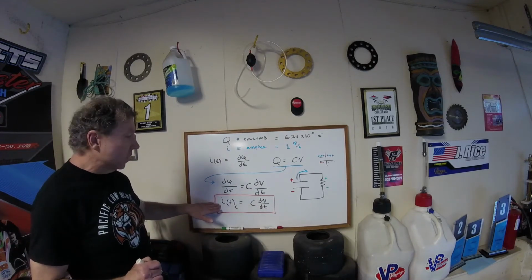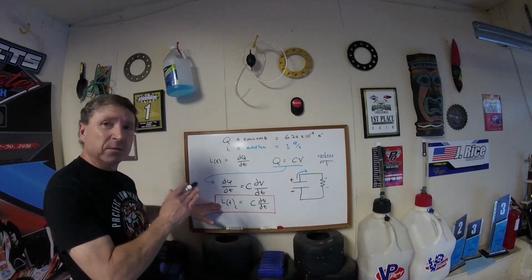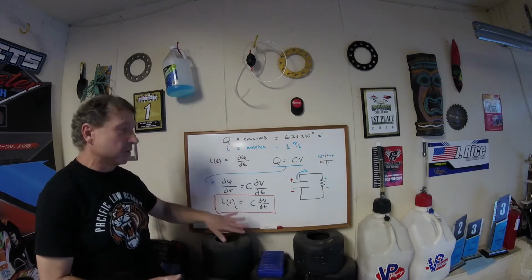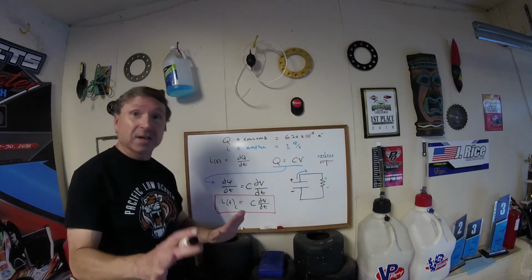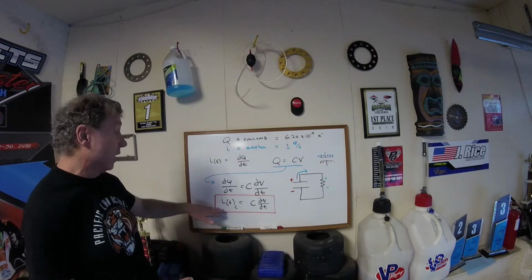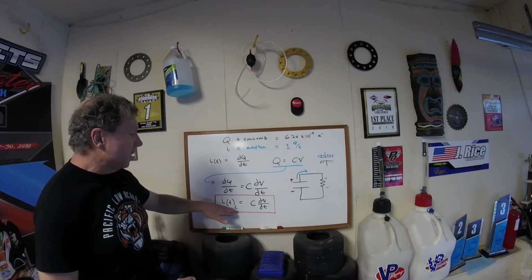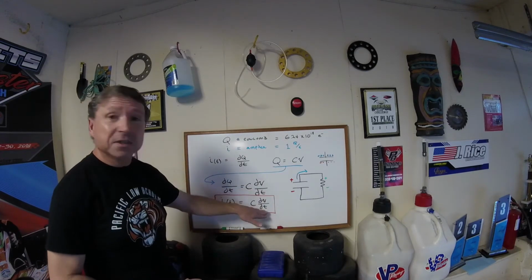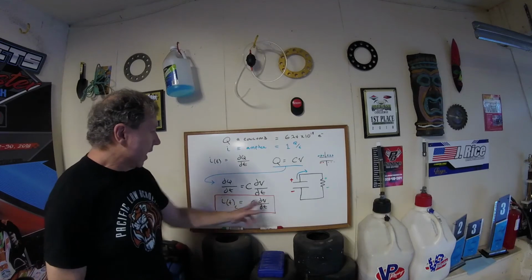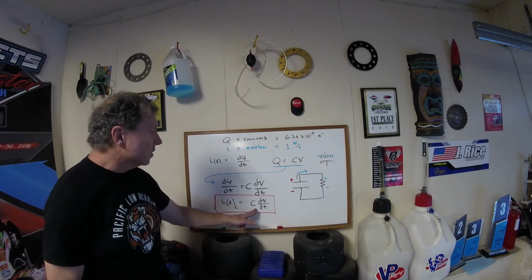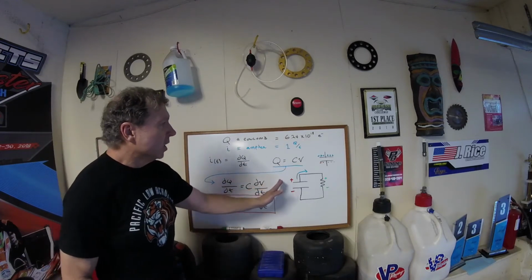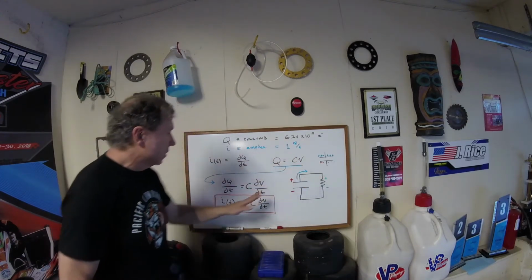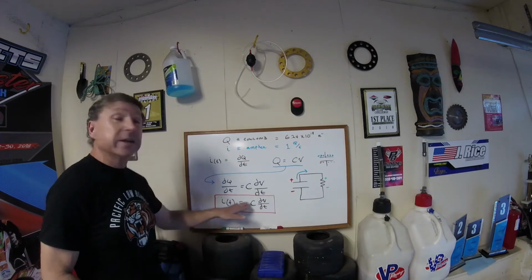We're going to use this on our next bit of equation. We're going to go from differential calculus into integral calculus, and we're going to see how I do with that. It's been a while since I've done some integral calculus, but I think I can handle it. So again, I of t for capacitor, C dV dt, like so. And if it's positive, this would be the actual current flowing into the capacitor. If the current is flowing out, we may have to change the sign on this